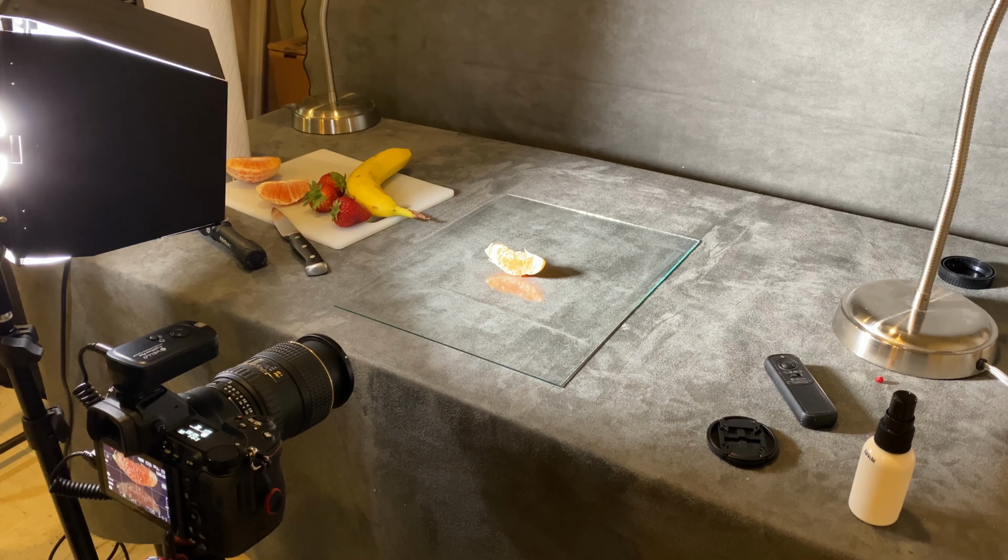So getting right into it, I'll show you the setup and explain why I've done what I've done. Okay, what's a little bit different today than previously? Before, I was just using a glass baking dish that I had flipped upside down, and I was just using the back of that. Today I switched out to just a piece of glass that I took out of a